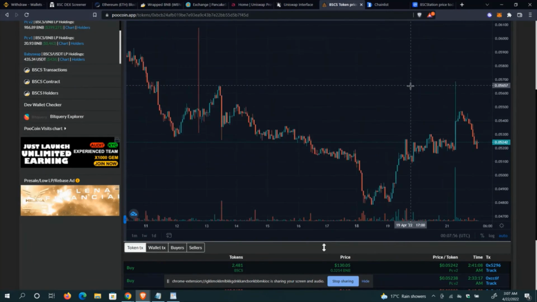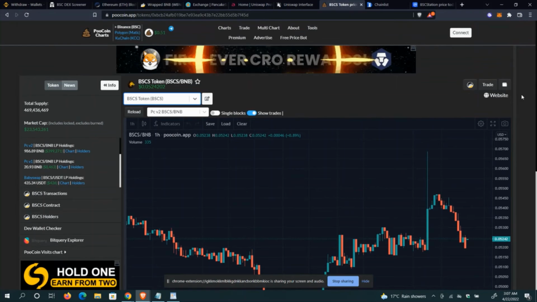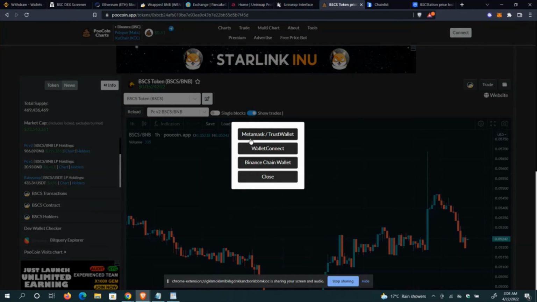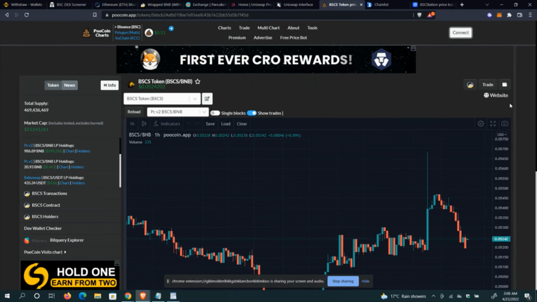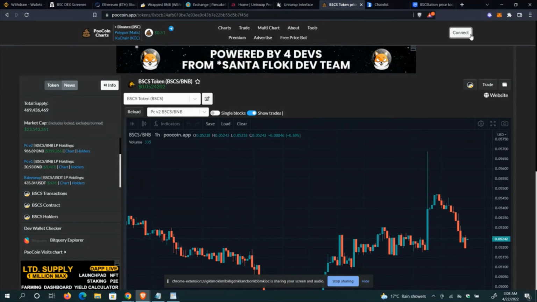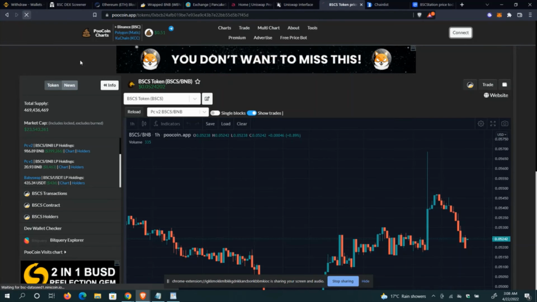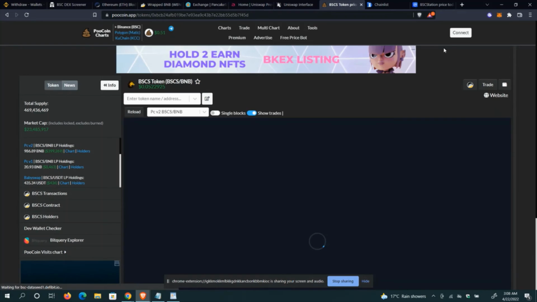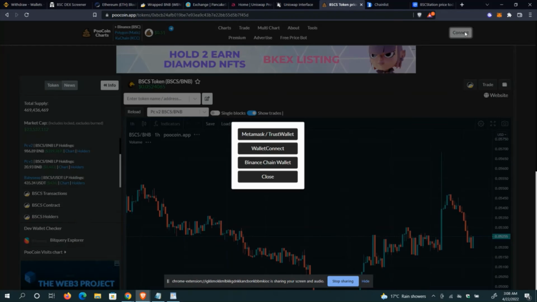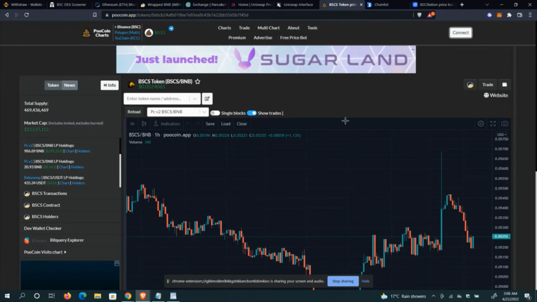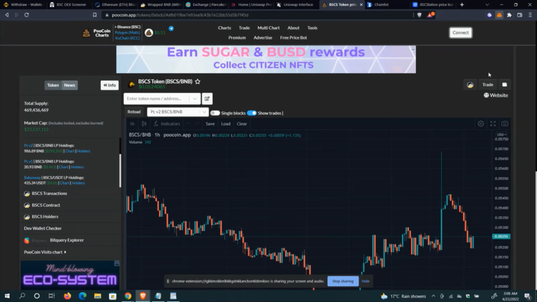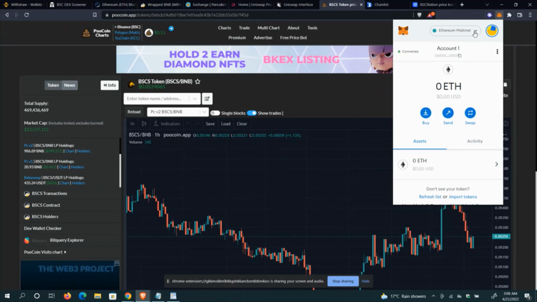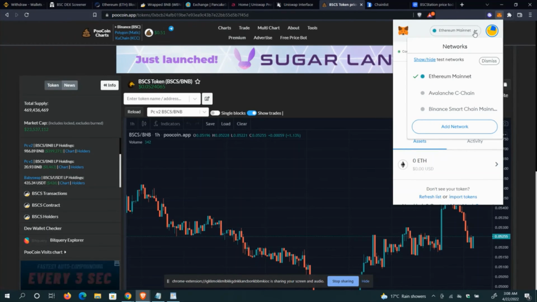And you can easily do the same thing, like if I connect it now to my wallet. Let's say I connect it to my MetaMask. I'm connecting it to my MetaMask now. So you see, no, it's taking time. Oh, it's not connecting because my network is on Ethereum. I need to change my network here. You see what I'm saying? You need to change